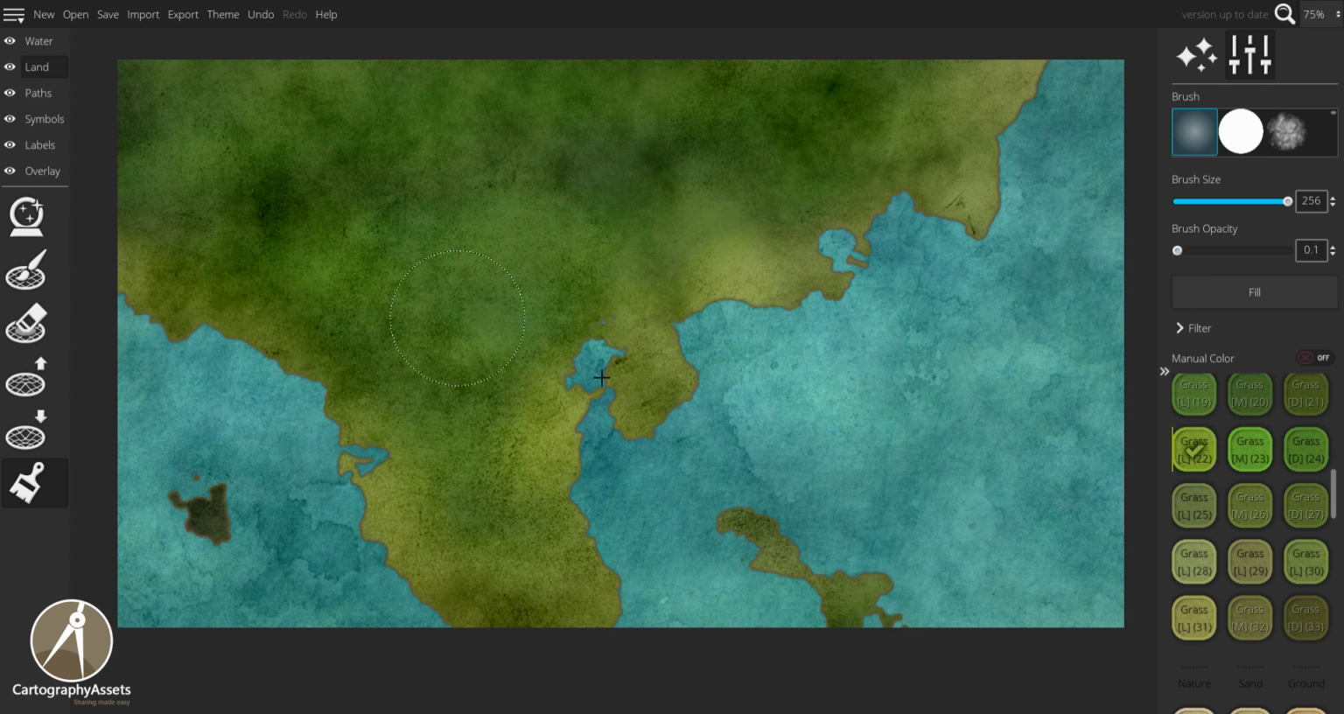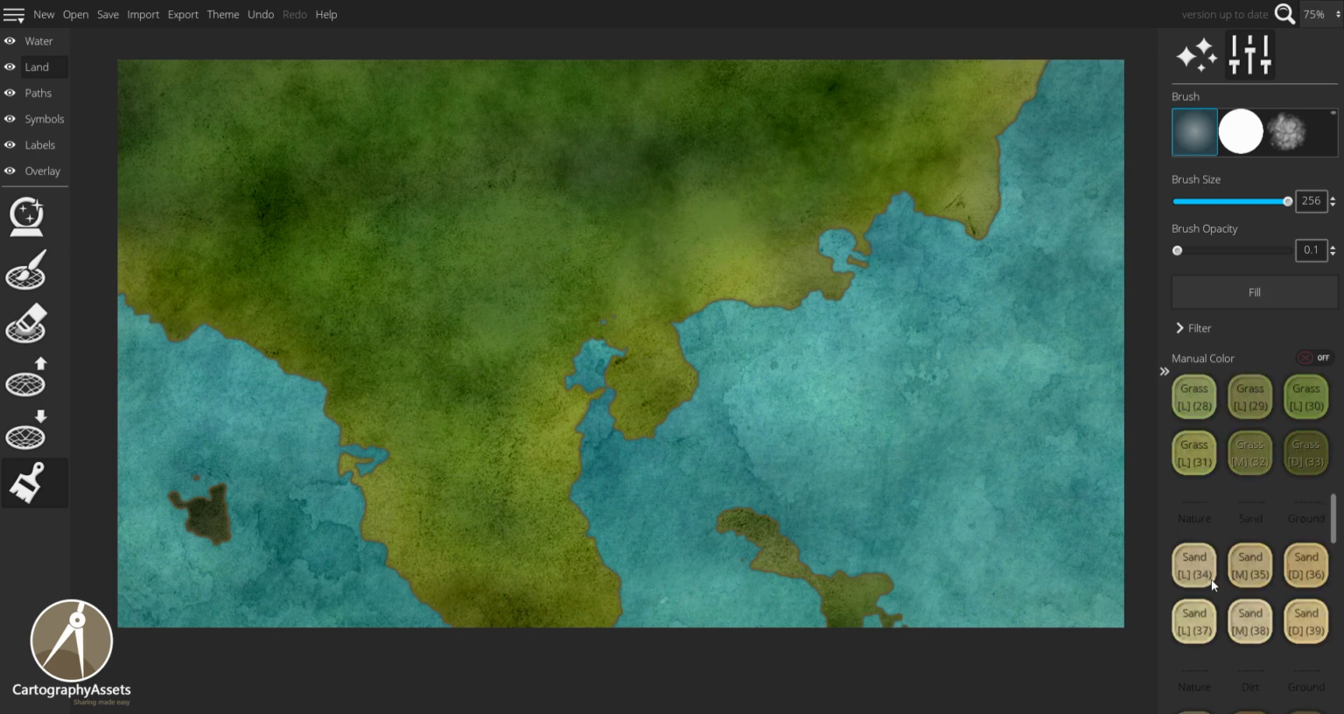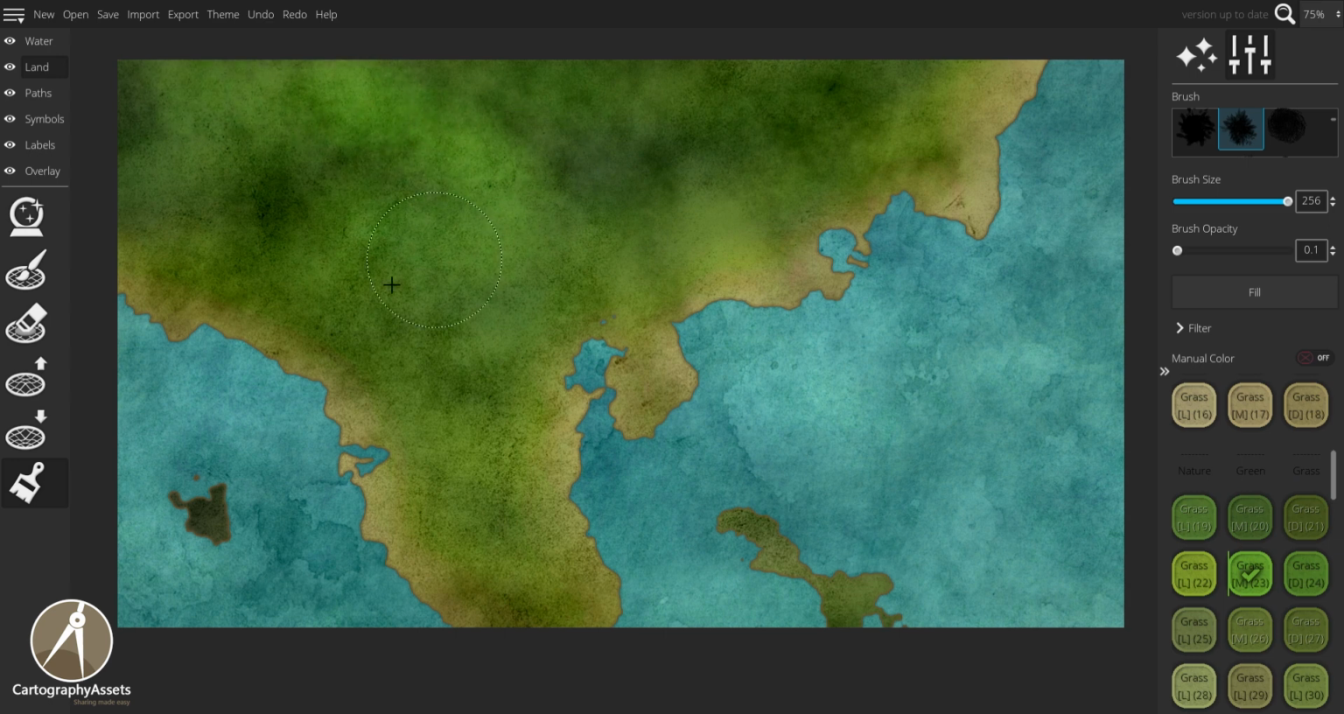Here I am just painting over it to give it a greener look, and now I'm going to add the sand color. Here I'm adding more green to make it stand out more, and then I'm going to add a darker mossy color to give it more depth, as if there are hills,